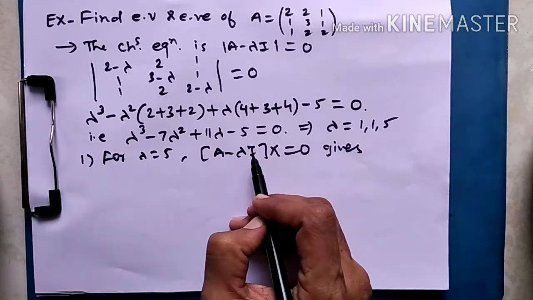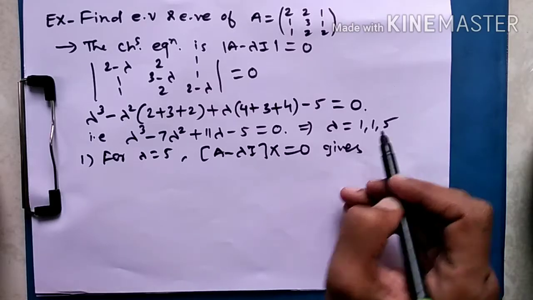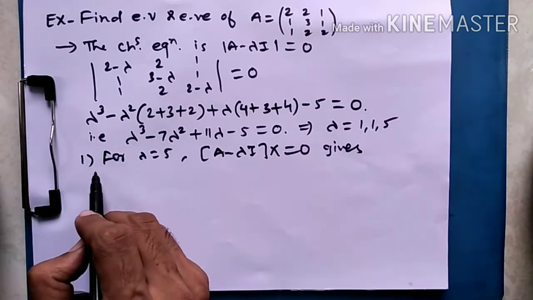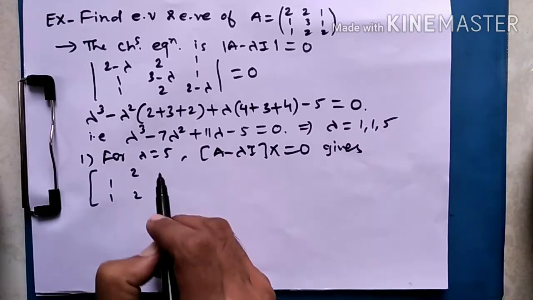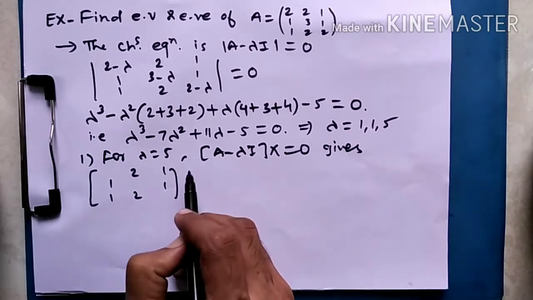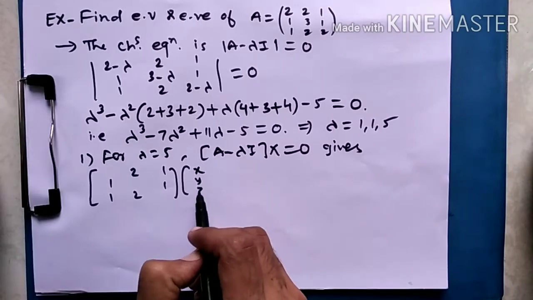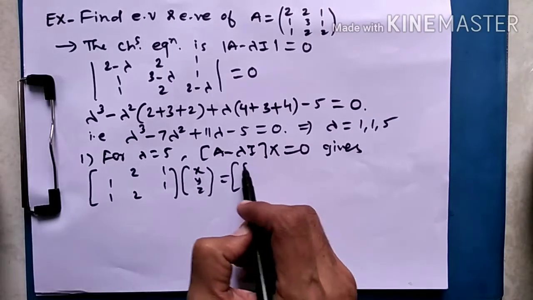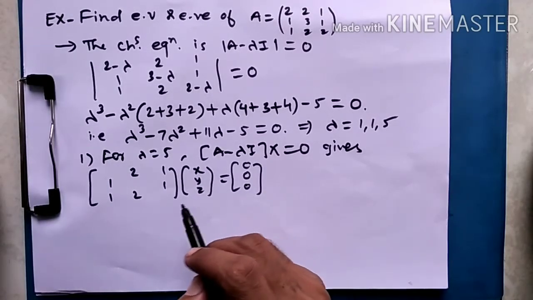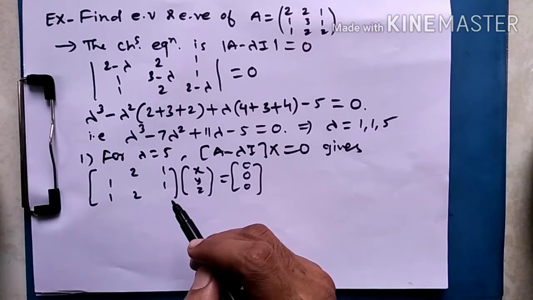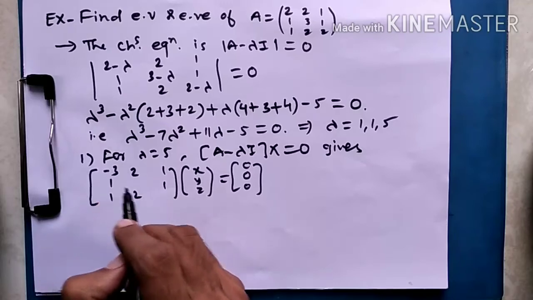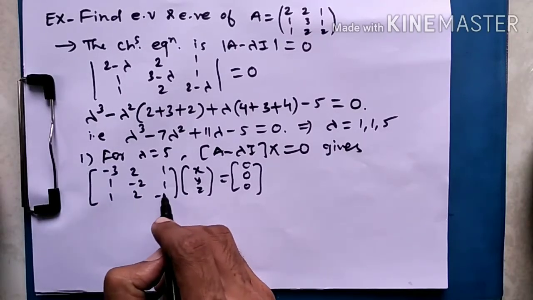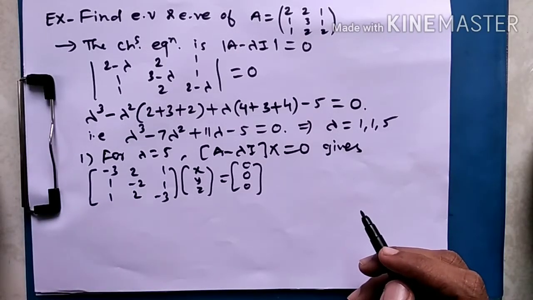Okay. So substituting the value of lambda, that is 5. I am solving it for 5 first. So I can write the non-diagonal elements as they are first. There is no change in that. Capital X can be written as small x, y, z, and RHS can be written as a null column vector. Now what will be the diagonal elements? 2 minus lambda, and lambda is 5. So 2 minus 5. Then 3 minus 5, and last is again 2 minus 5.